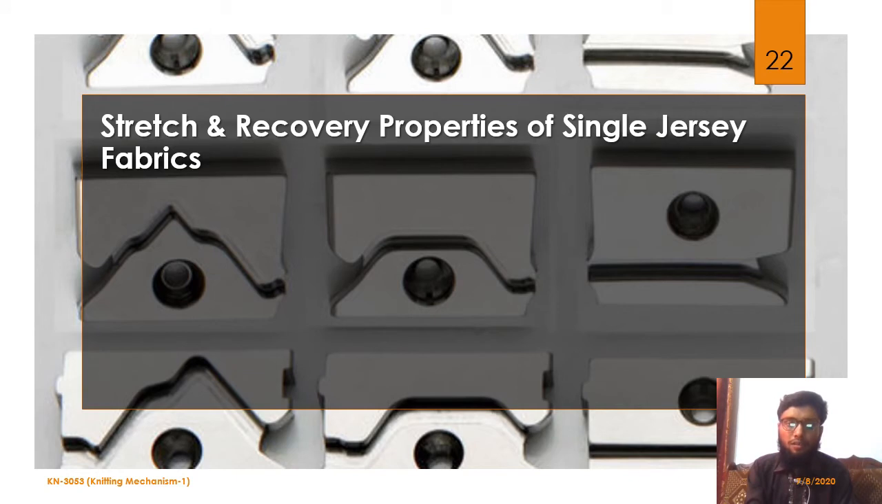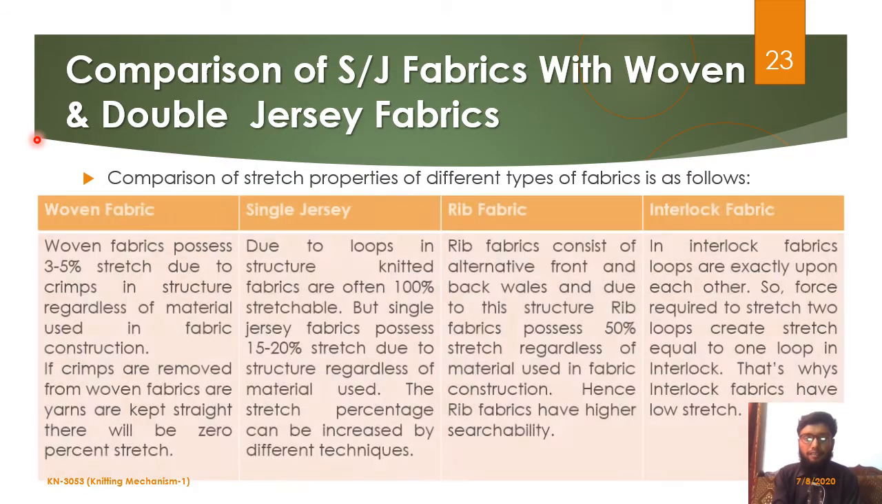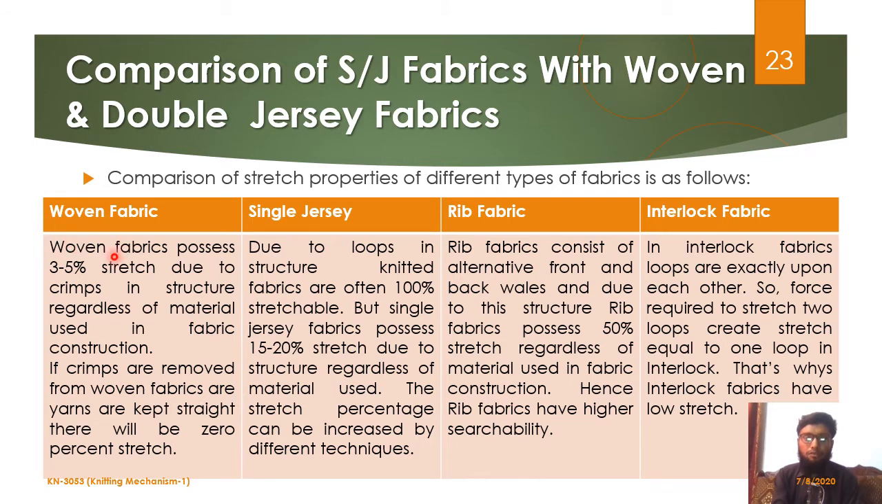Stretch and recovery properties of single jersey fabrics. Generally, weft structures show high stretch properties in course-wise direction as compared to the wale-wise. Single jersey fabrics also have good stretch and recovery properties, but the different derivatives will show different stretch and recovery properties. Here is a comparison that woven fabrics only show 3 to 5% stretch due to their structure, and single